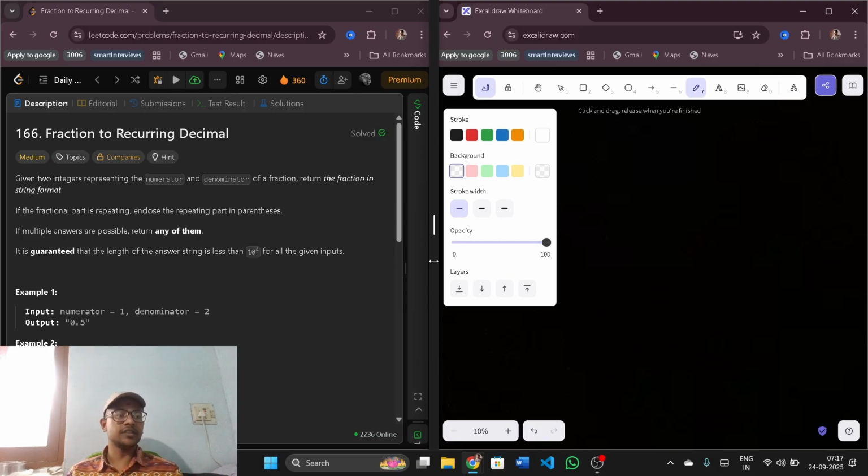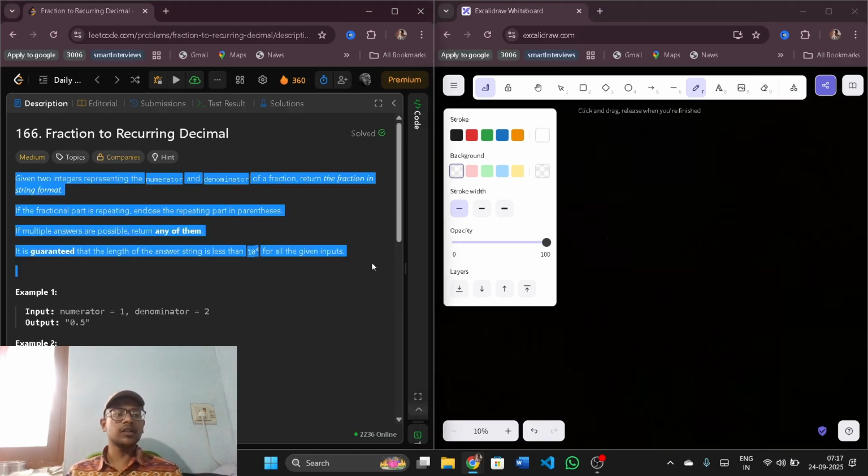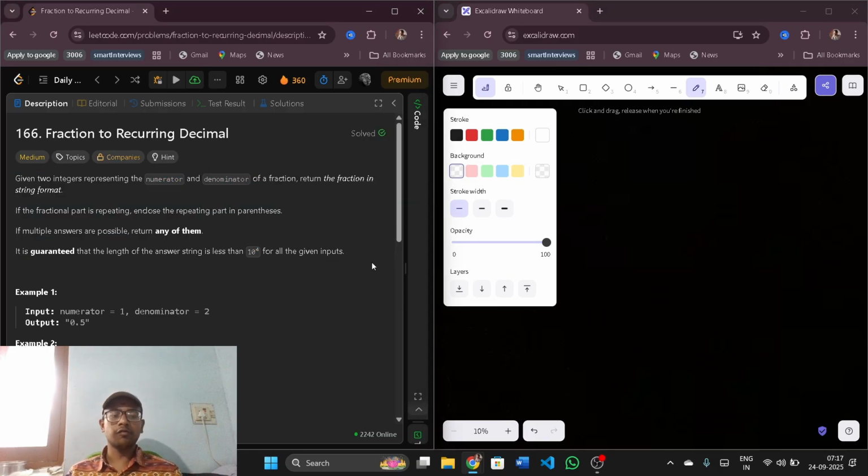Fraction to recurring decimal. Given two integers representing the numerator and denominator of a fraction, return the fraction in string format. If the fractional part is repeating, enclose the repeating part in parentheses. If multiple answers are possible, return any of them. It is guaranteed that the length of the answer string is less than 10 to the power 4 for all the given